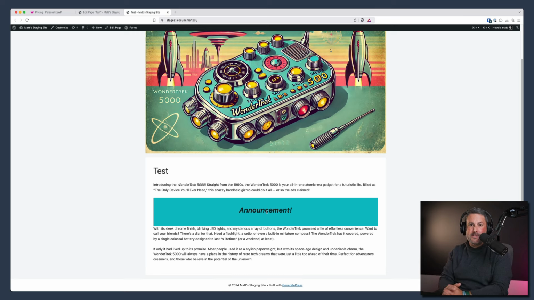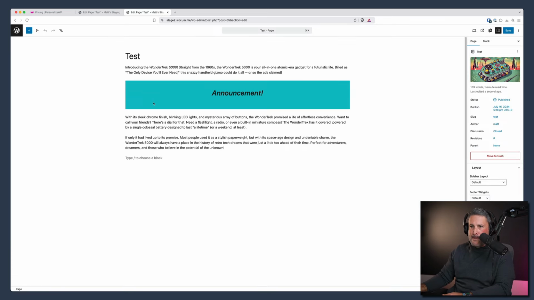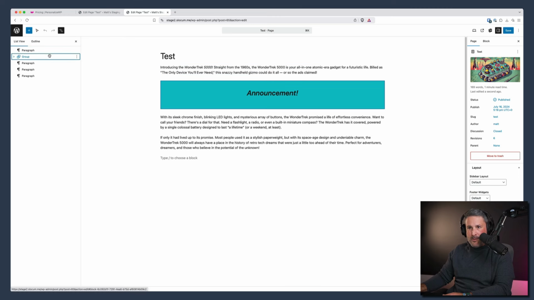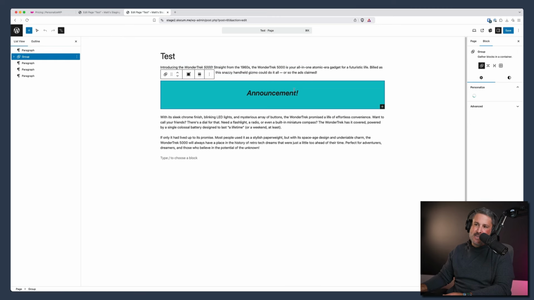Personalized WP makes it super easy. And it's very straightforward. There's not a lot of thinking to this stuff. And I think that's one of the great things about Personalized WP. One of the things I would like to see, though, is some form of indication in either my block list